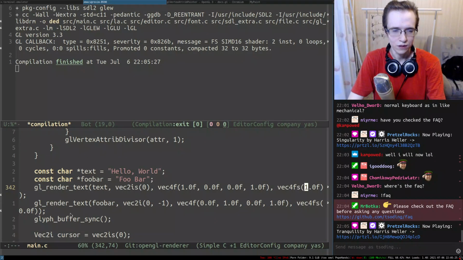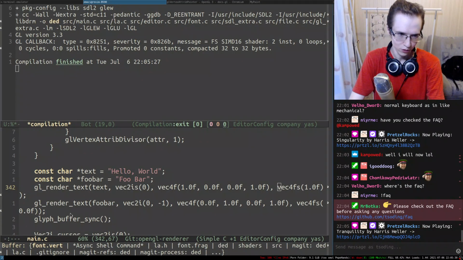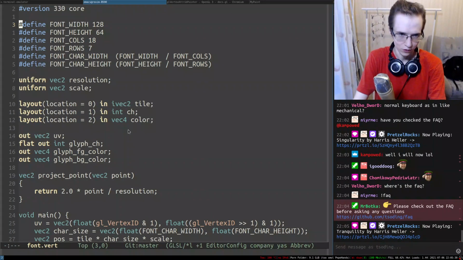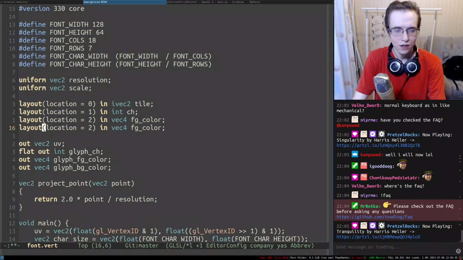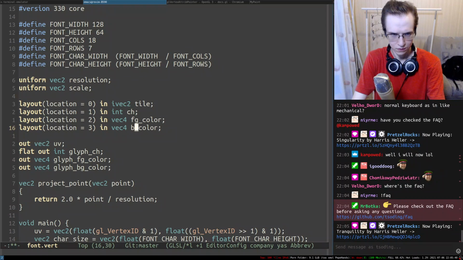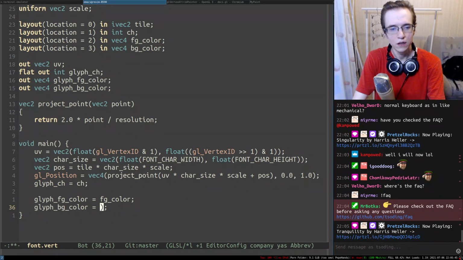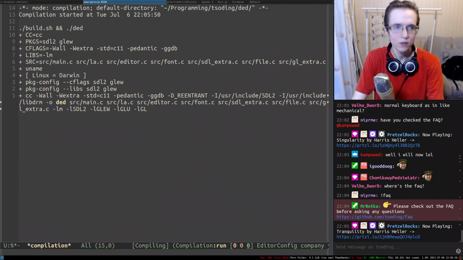Didn't work. Oh yeah, because we actually don't accept this stuff on the shader side. So this becomes FG, and the third one becomes BG color. And this is basically FG color and BG color. There we go. So we're wiring everything up. Hopefully that will start doing things.